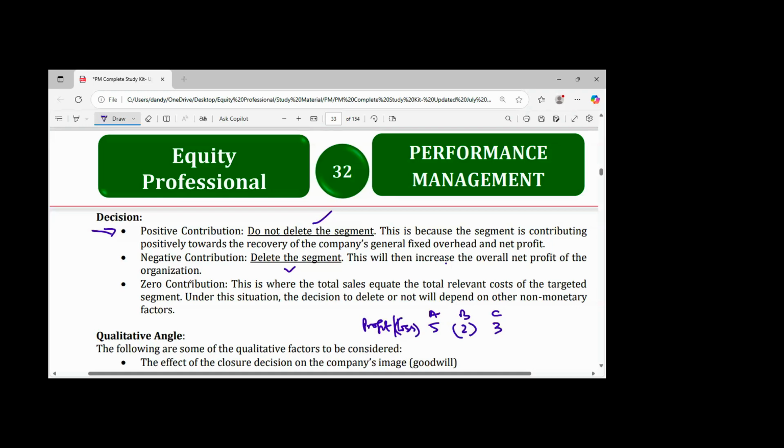Now, you can see that because product B is operating at a loss, the company will now be thinking of closing down product B. So as a result of this, if product B and C are jointly demanded, that means since the company is contemplating closing down product B, and you know that without product C, you cannot use product B. Without product B, you cannot use product C. A customer that wants to buy, because customers usually buy the two together, if you are not producing B again, then your customer will not come to you. Customer will go to your competitor where they can buy the two together. And as a result, the company will be losing